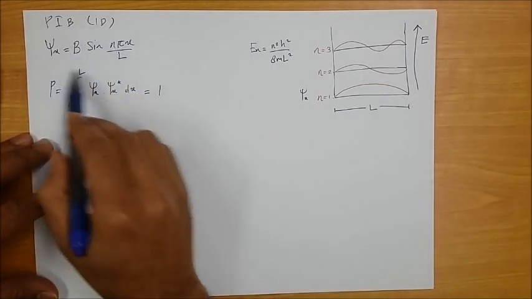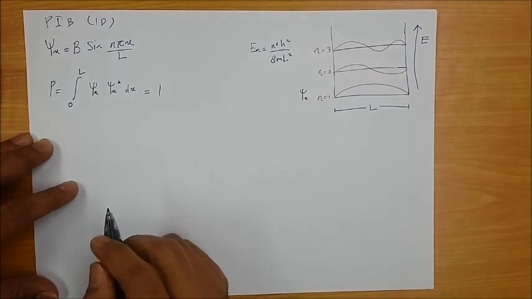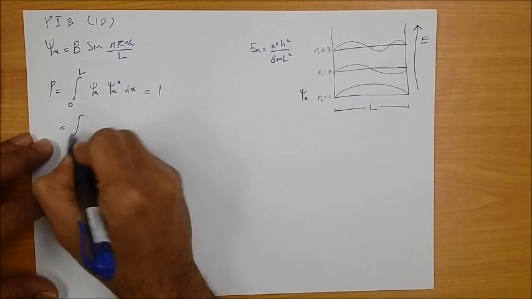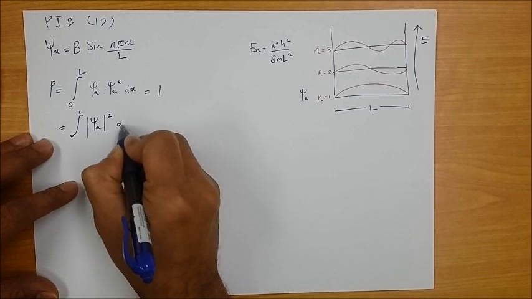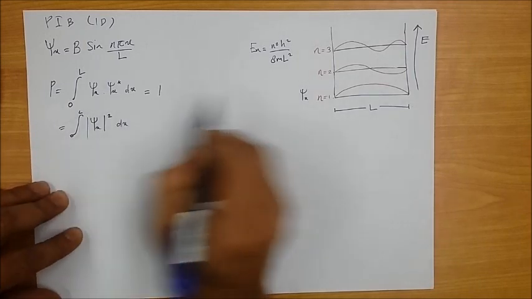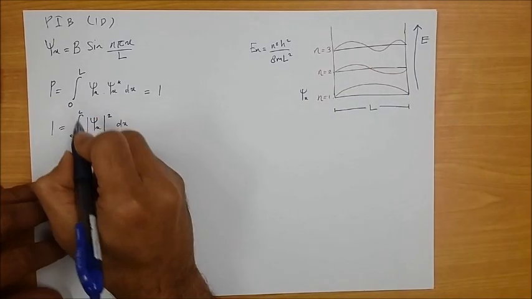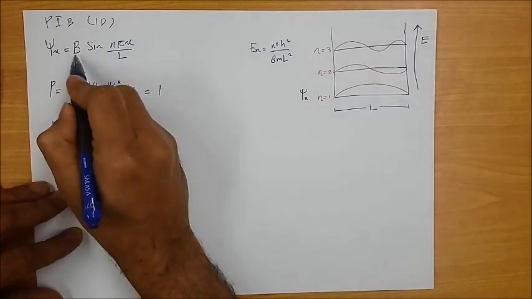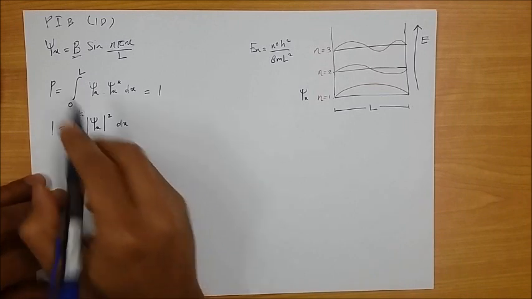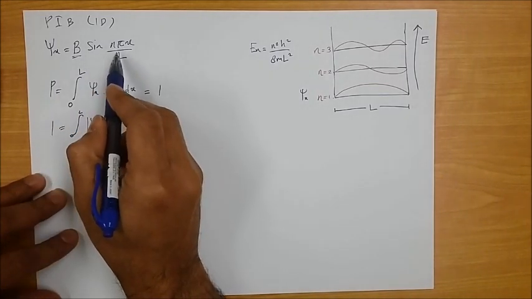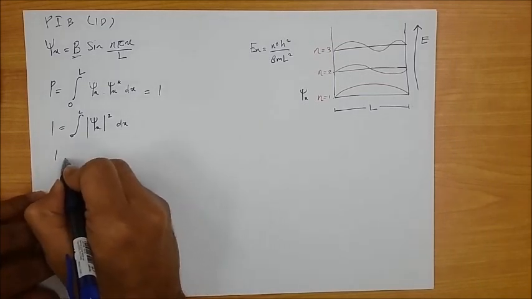Because in the wave function there is no imaginary number, this would just be the wave function squared dx, right? And the probability of finding it is 1, because you have to find the electron inside the box. So all you have to do is solve this equation to find B. Okay, so let's do that. Now when psi of x is B times sin(n pi x over L),